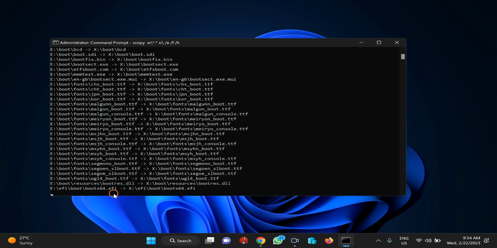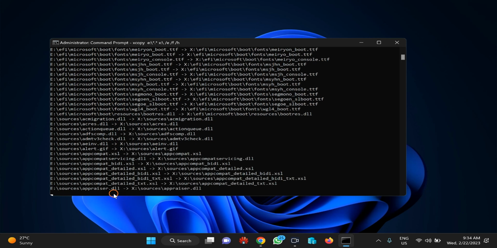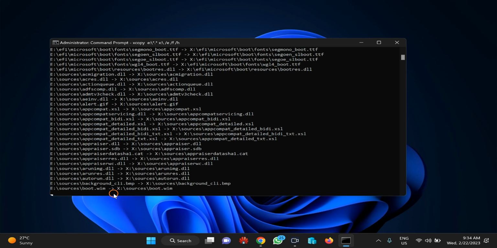This will copy all required files from your Windows ISO file to your USB disk, and it will make your USB disk bootable. Once it gets completed, you need to enter into BIOS or UEFI, whatever your PC uses. Then change the boot priority to USB disk.